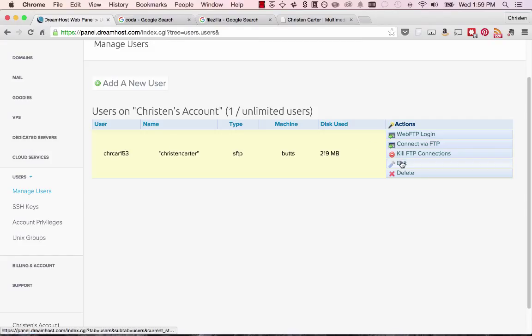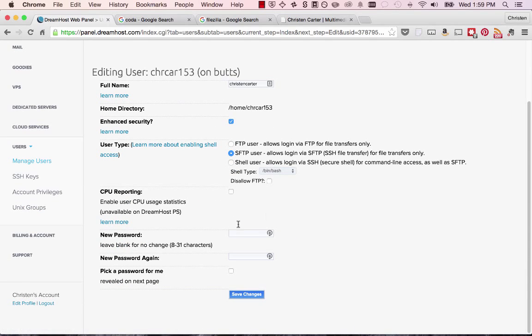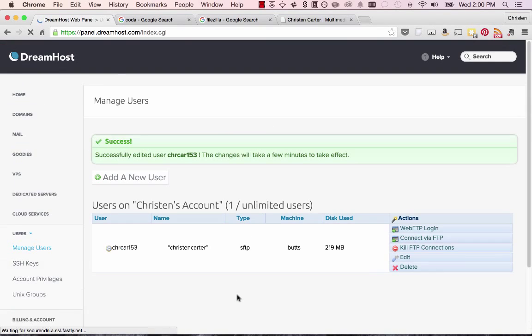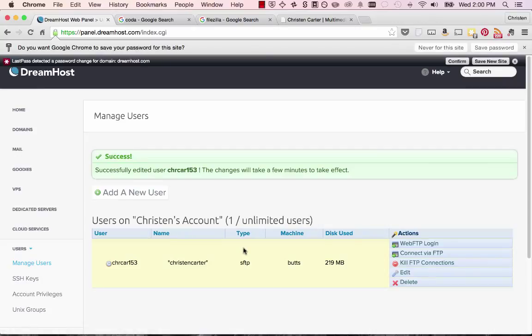And then the other thing that I'm going to want to do is click Edit and enter a password here. It does not have to be your password that you sign into. It might be easier if it is. And then save it and make sure that this is set up as SFTP and not just FTP, and then go ahead and save it. Okay, so we're going to come back to this,